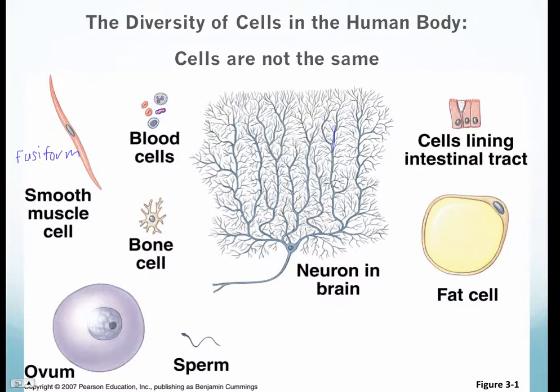Cells lining the intestinal tract are going to be more rectangular. They have all these cilia on the top, with the main function and purpose of absorption of your nutrients. Fat cells, here you'll notice our nucleus is more lateral, and that's because most of our fat cell is composed of all those triglycerides, so storage of all those high